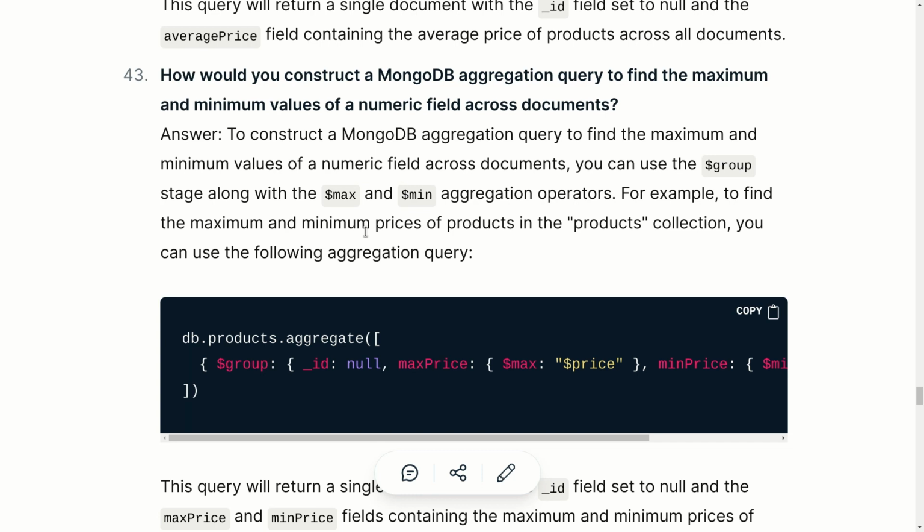So to construct a MongoDB aggregation query to find the maximum and the minimum value of a numeric field across the documents, you can use the group stage along with the max and min aggregation operators. For example, to find the maximum and the minimum price of the product in a product collection, we can go with the following query as db.product.aggregate, and here we are just using this group